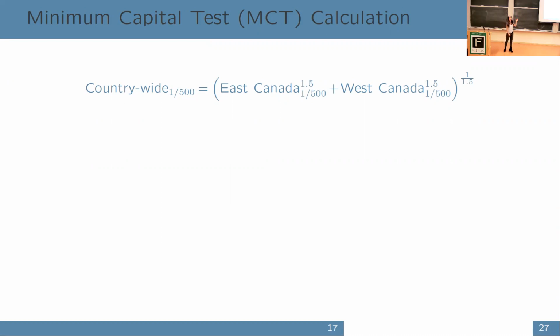This is the minimum capital test for earthquake insurance risk. So it's actually an LP norm with 1.5. And when I talked to the person who set up this equation, I asked why. Initially, and this is a funny story, because in